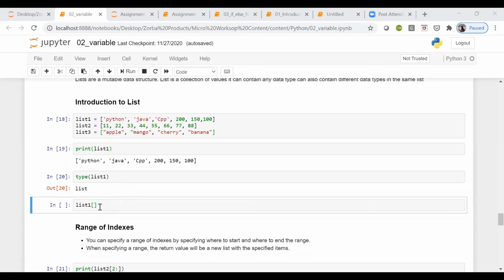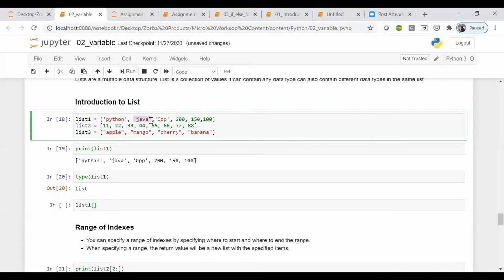Now, Monisha, do you guys have any idea how will I extract that second element? I know that I want to draw out the second element from that list, but to access that element, I will be using index. And what is an index basically? Index is, as the word suggests, like a table of contents. The index tells you on which page you have what particular topic. The same way, an index in Python will tell you in which position you will find a particular entry. So now I look at Java here and I can see that Java is the second element, which means in general,